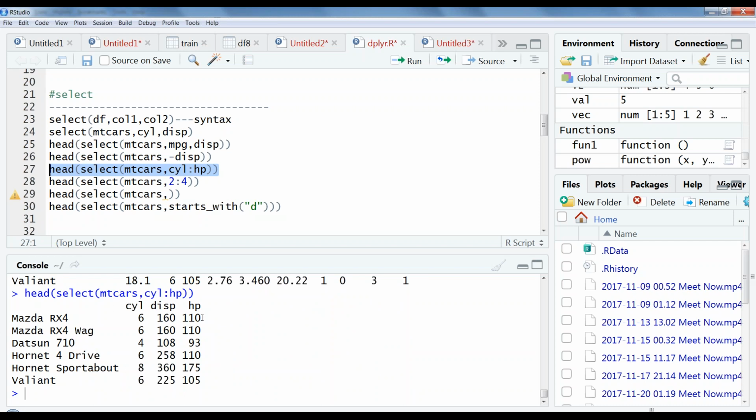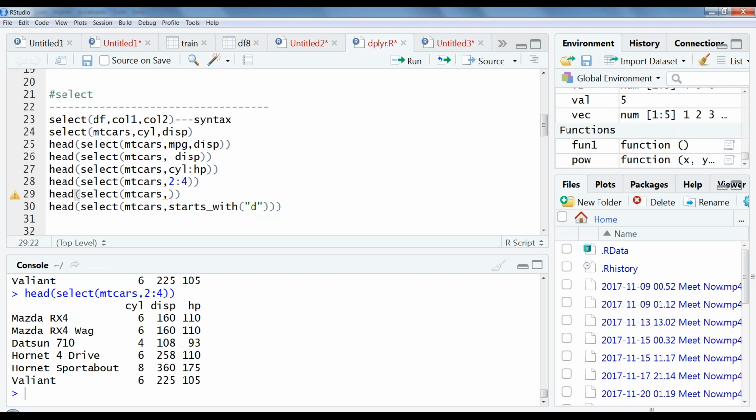Starting from cylinder to HP, it is going to display. Similarly, if I say 2 to 4, so column 2 to column 4, that also I'm going to get nicely: cylinder, displacement, HP. So either you can give column name to column name, or you can give column number to column number. That is also going to work.